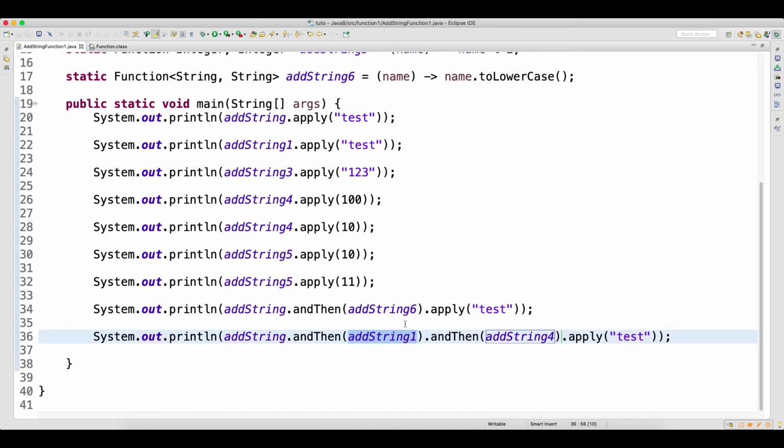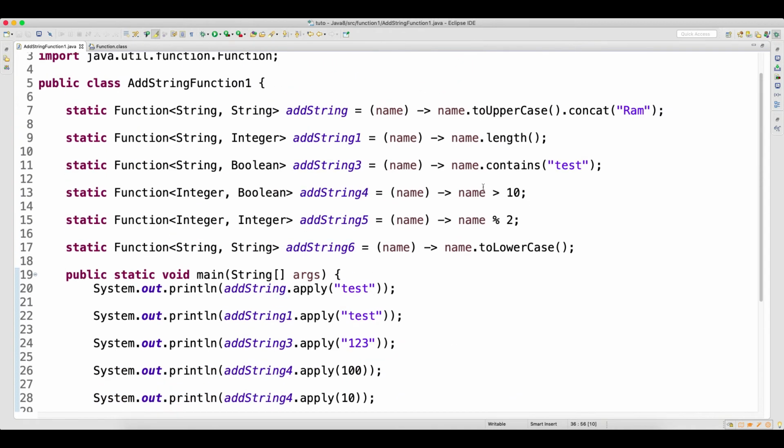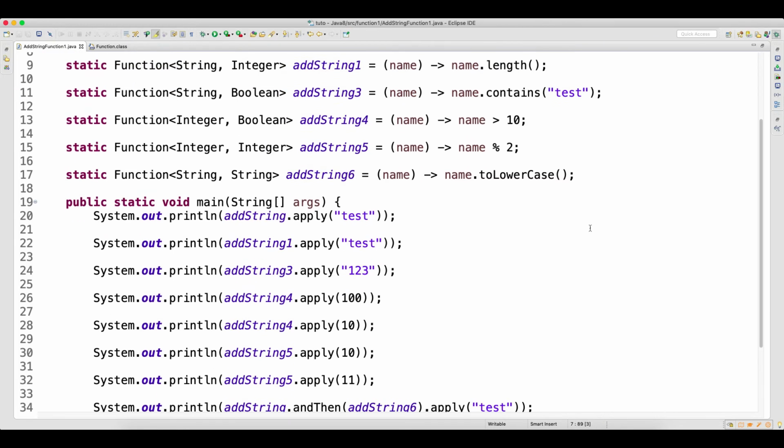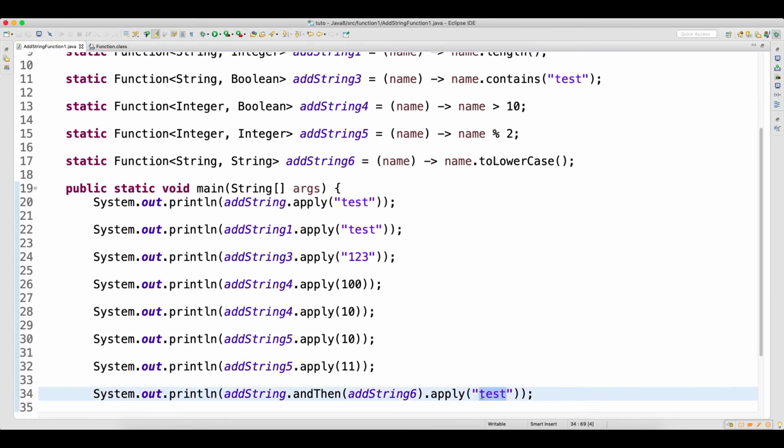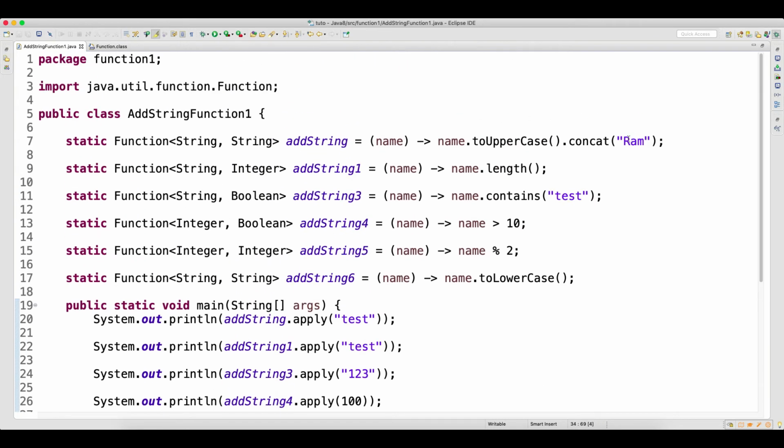The output of the first function will go as input to the second function. Here we are checking for the length. So let's get the length for that. What is the length? RAM and then you have TEST: 1 2 3 4 and 5 6 7. You got 7 as the length.